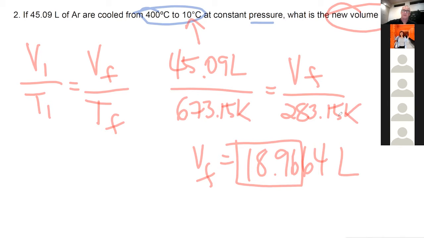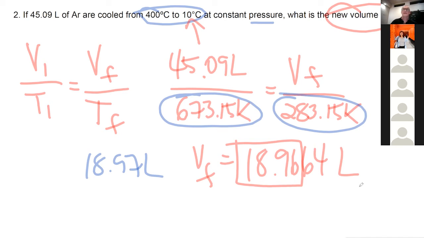18.97 liters. That's right. So then for any of these sort of questions, have a look at your final answer and see if it makes any sense. So very, very quickly,